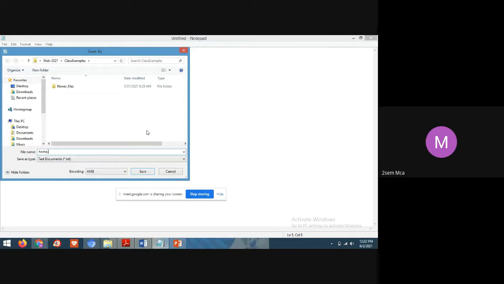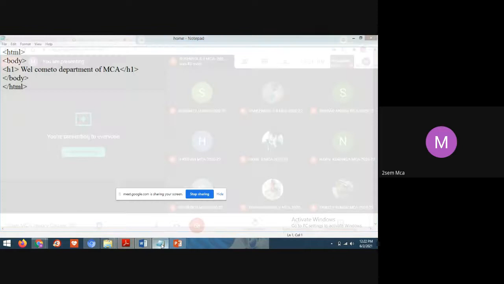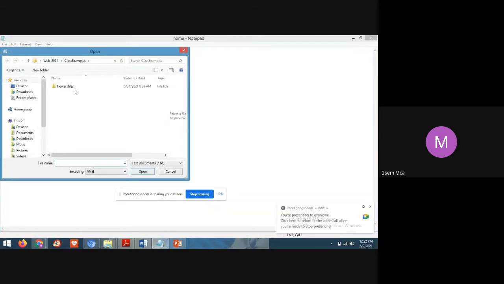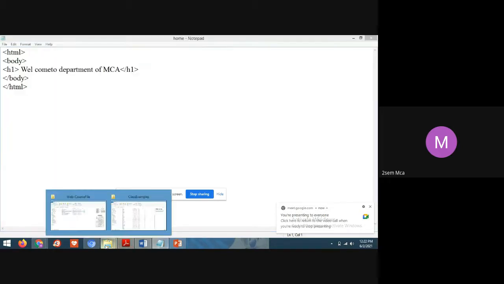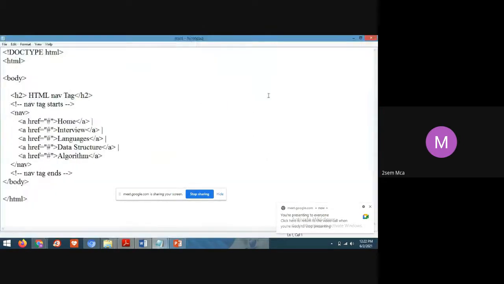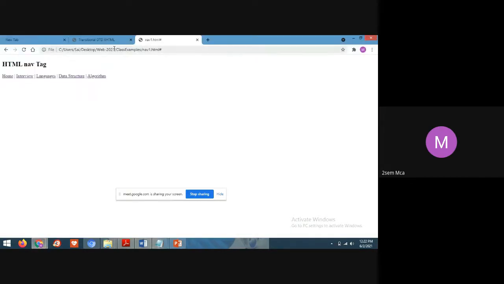I'm giving the file name home.html. Now I will open my navigation file. Home.html. So I am going to save the program.